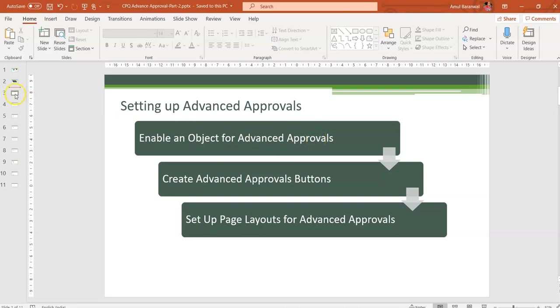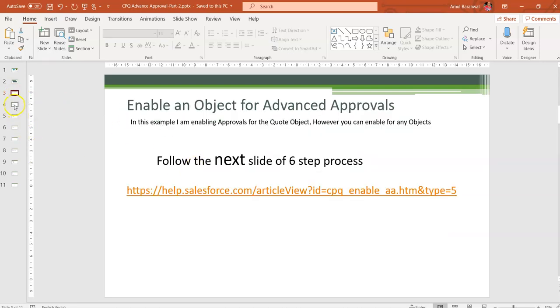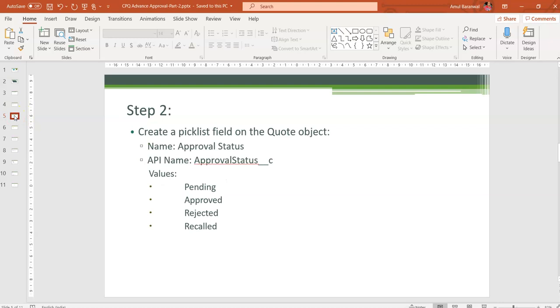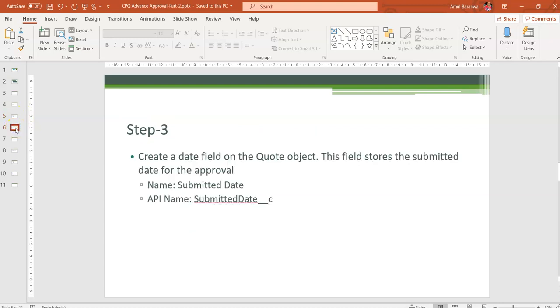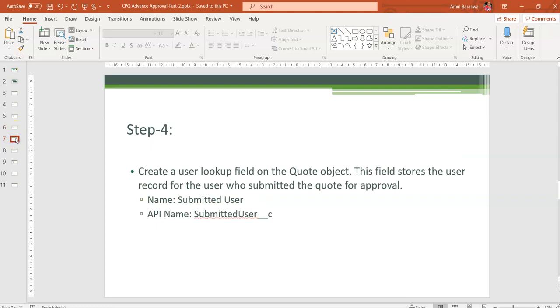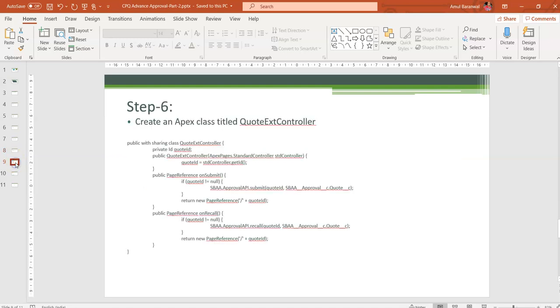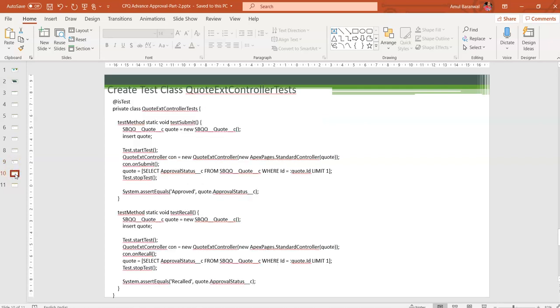In this scenario, I have created a couple of fields: one field on the approval object, a picklist field, a date field, and a submitted user field on the quote object. I have deactivated the validation rule, created one quote extension controller as an Apex class, and created this test class.